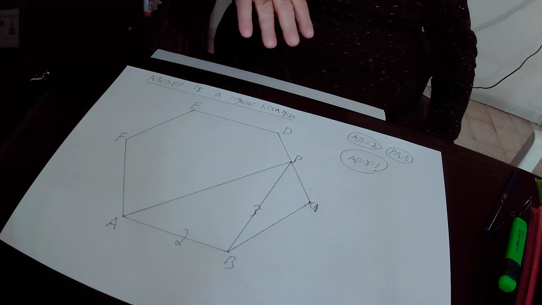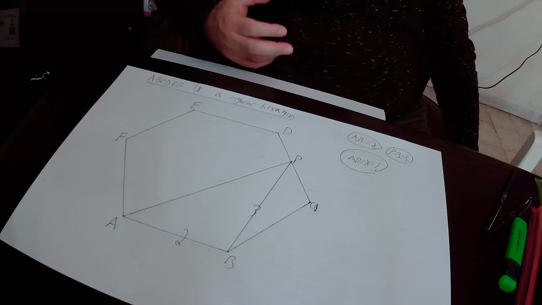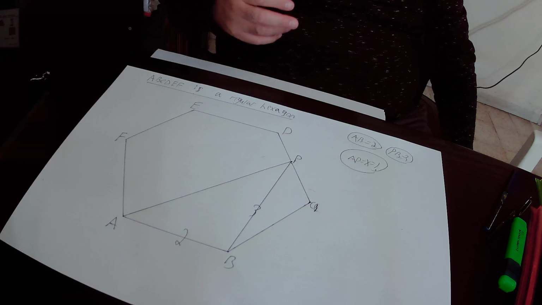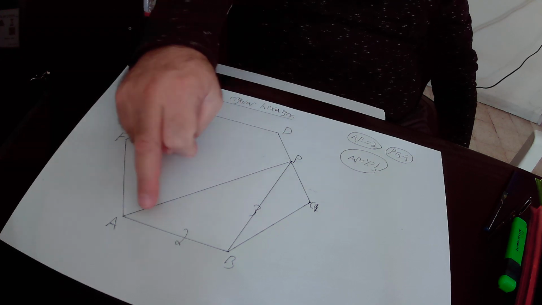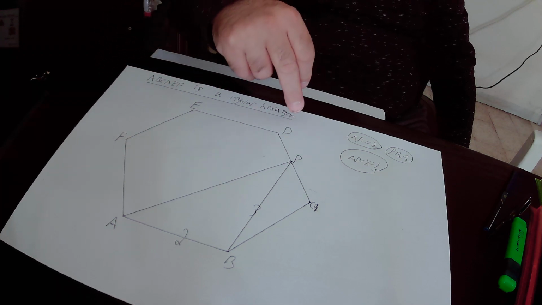Hello, in this lecture we'll find out the length of line segment X. In the drawing we have a regular hexagon. A regular hexagon is a closed polygon with 6 equal sides and 6 equal angles. And side AB equals 2 units, therefore all the other sides, which are equal to each other, are also